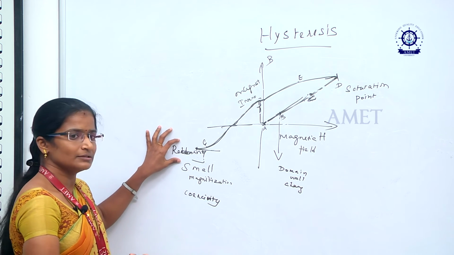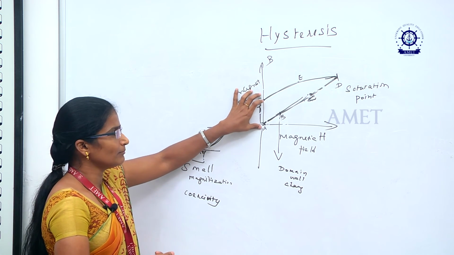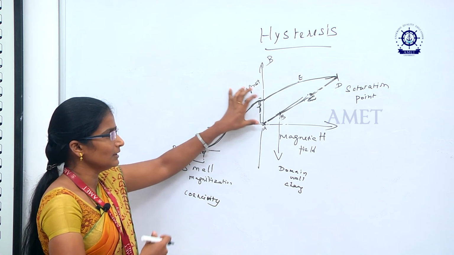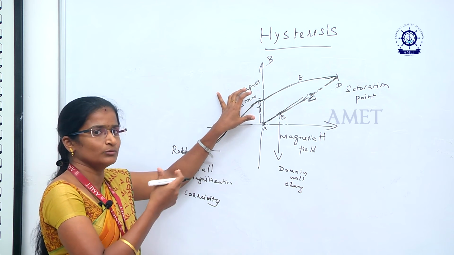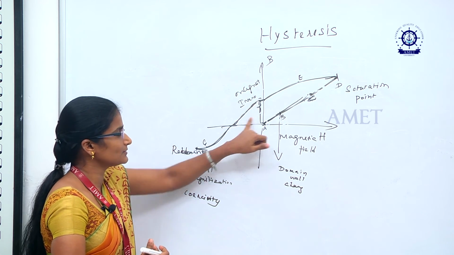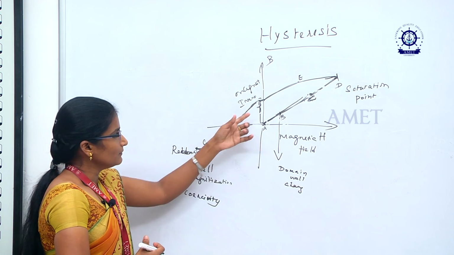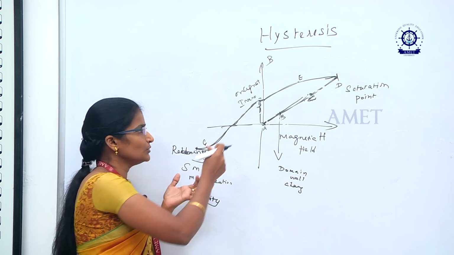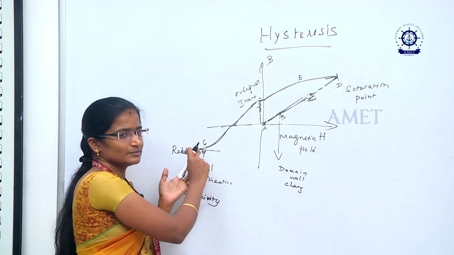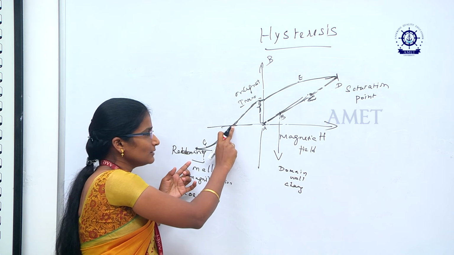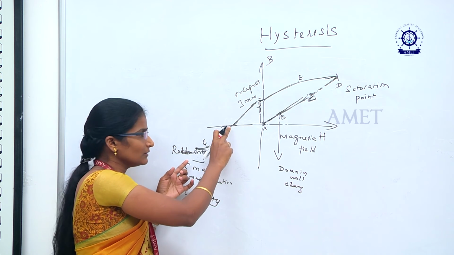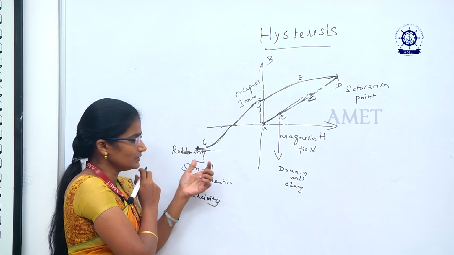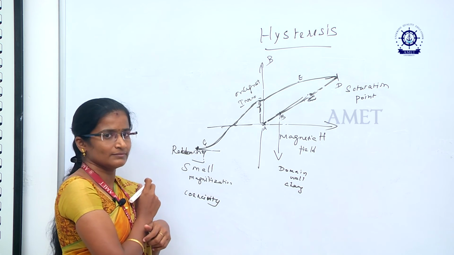What is meant by retentivity? We are removing the magnetic field inside the material, but after fully removing the field, the material still has a small amount of magnetization. That place is called retentivity. To remove this small magnetization inside the material, we apply some negative potential on it. The material acts as a normal material, but as we apply the negative potential, it reaches its saturation point. At this point, it is called coercivity.